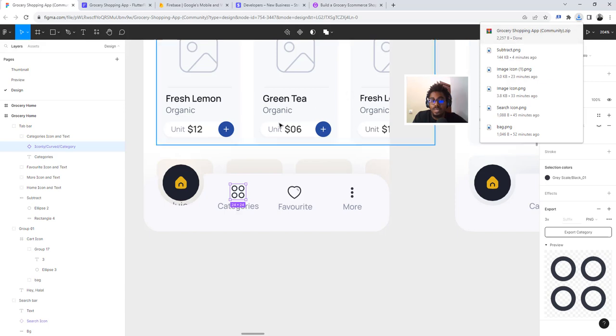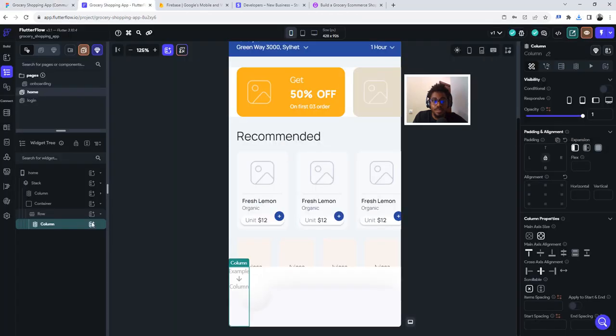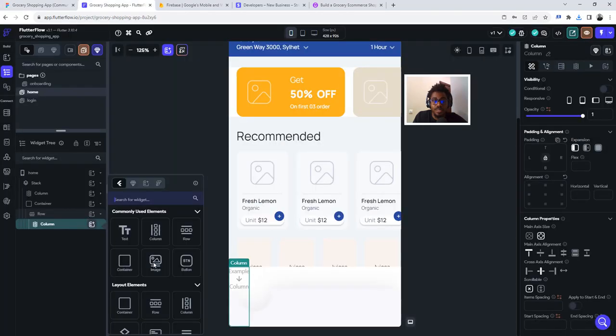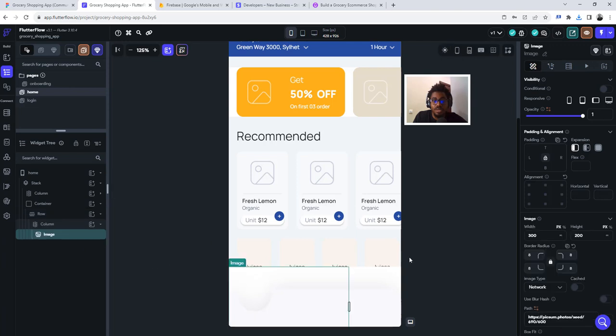While that is okay, I don't really like them in zip files. So let's say 24 pixel by 24 pixel. Let's go ahead and add something there. So we're adding an image, and the image is 24 pixel by 24 pixel, and we remove this border radius, change from network to asset, and